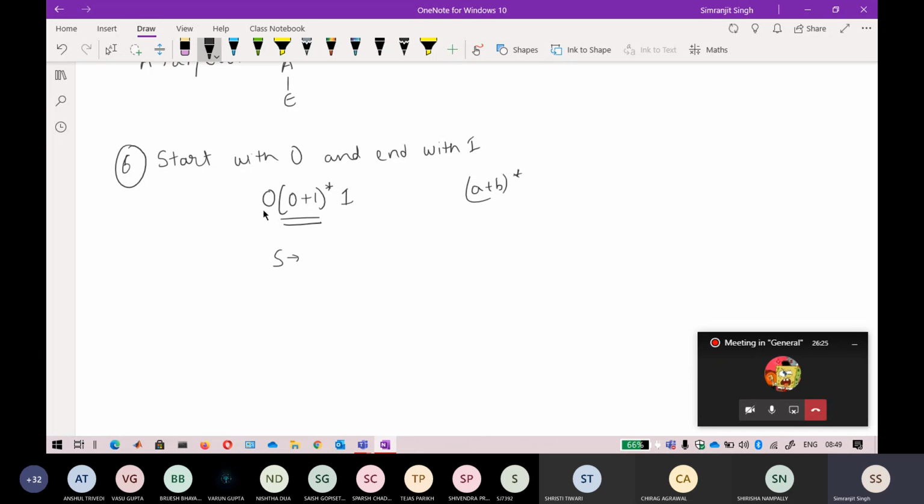Because we are starting with a zero, write this one as zero and replace it with another variable, A, B, C, D, whatever you prefer. So I replace it with another variable that is my A, and it is ending with one, so I write one in the end. Now just see, is there epsilon in the language? I don't think there is epsilon in the language because the smallest string will be 0 1, so there is no epsilon in the language, so you do not write an epsilon in the starting production. Keep that in mind. Now what exactly is A here?